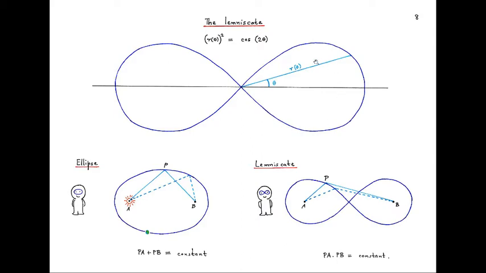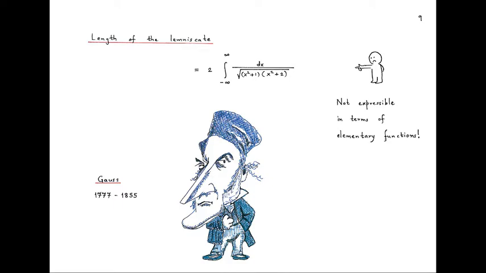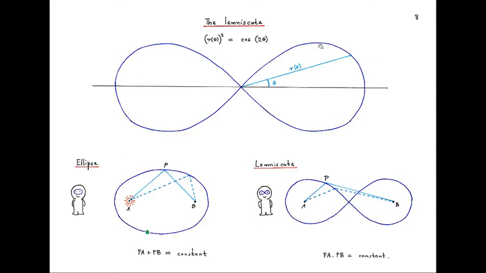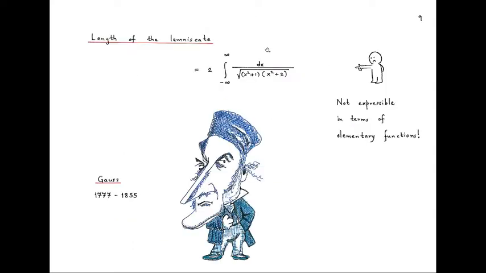And just like in calculus, one can express the area under the graph of a function in terms of an integral. One can also describe the length of this lemniscate with this parameterization in terms of an integral, and it turns out that this integral boils down to this particular integral. It is 2 times the integral from minus infinity to infinity of dx divided by the square root of (x square plus 1) times (x square plus 2). Of course, this is a very complicated integral, and it turns out that unfortunately this is not expressible in terms of,